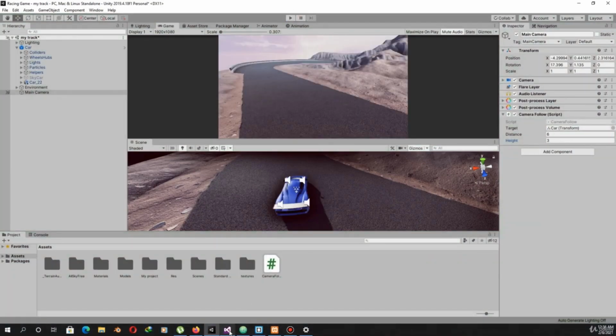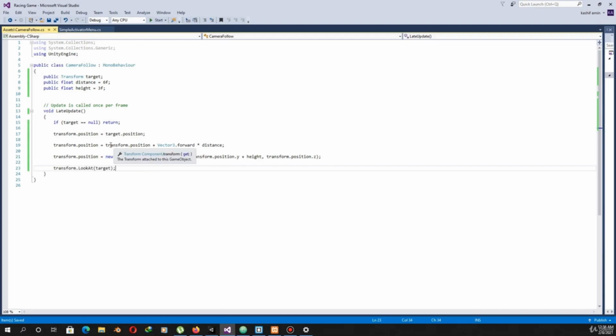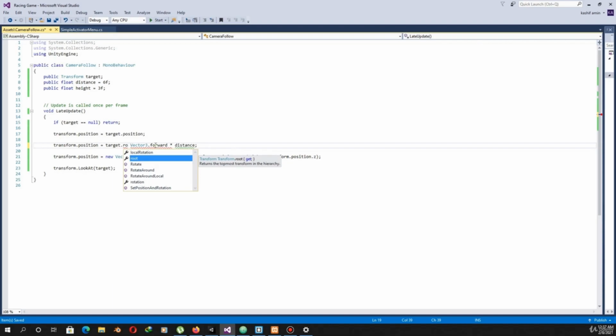So to fix this, what we will do, instead of adding Vector3.forward multiplied by distance to transform.position, we will write target.rotation.